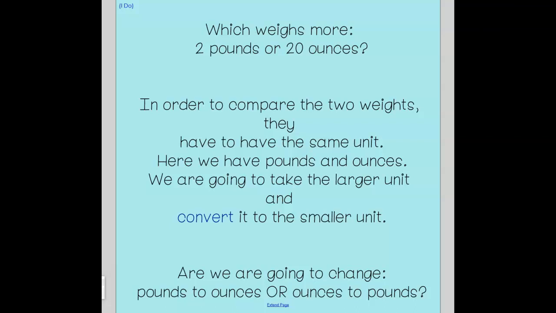So I need to take the larger and change it to the smaller. So what's a larger weight measurement? Pounds or ounces? Which one's larger and heavier, I should say? Okay, good. Pounds is heavier. So that means that we are going to change the amount of pounds over to ounces, and then we'll be able to compare it to the 20 ounces and see what is heavier. Okay, so